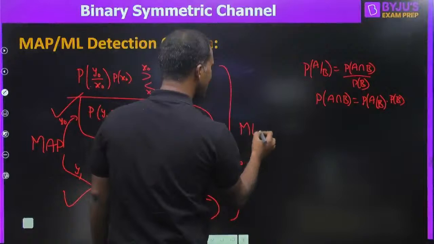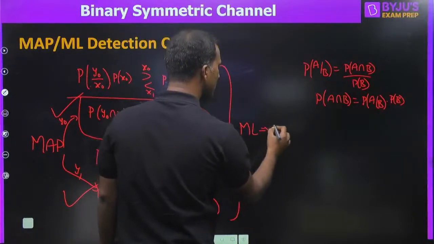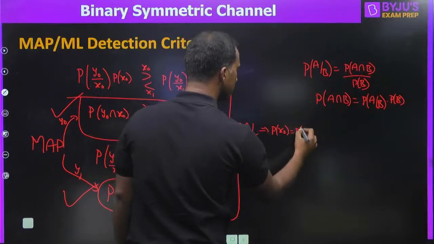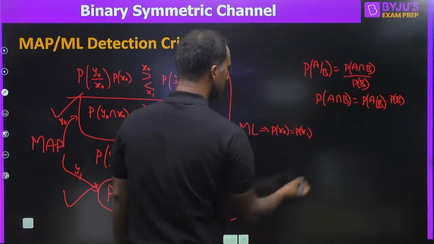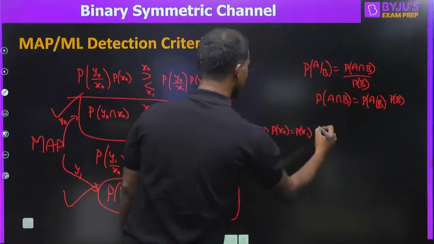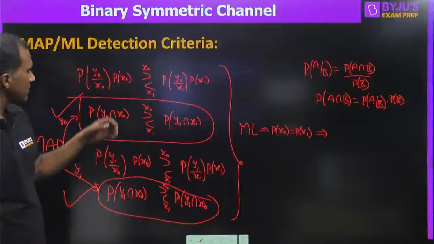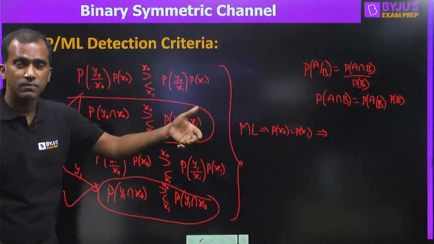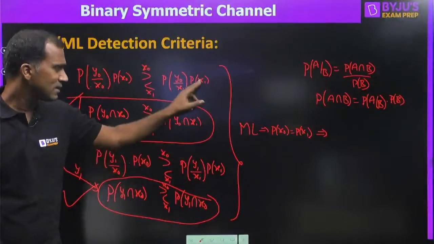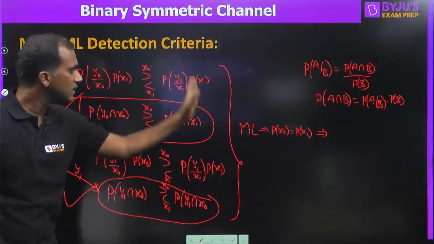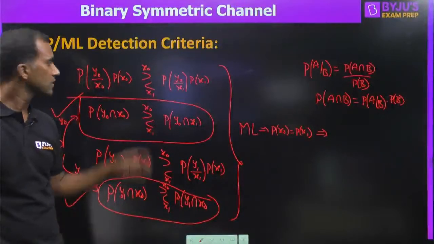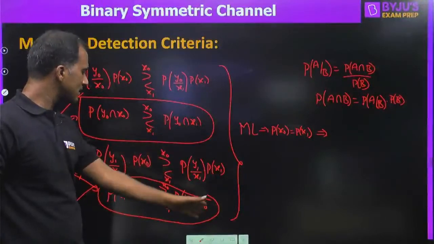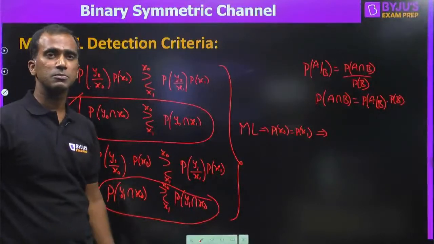Now, ML criteria. ML, maximum likelihood criteria, means P of X naught is equal to P of X1, right? So what is ML criteria? From this and this, if P of X naught and P of X1 are same, that is a special case in MAP criteria only. There is a possibility of these two becoming equal. Then this and this will cancel out. If these two get cancelled out and these two get cancelled out, the conditions will become much easier to